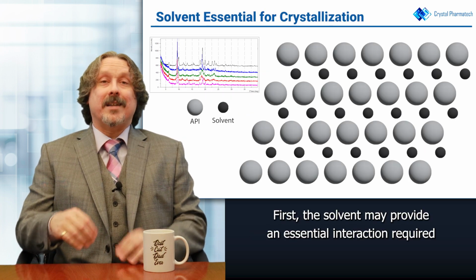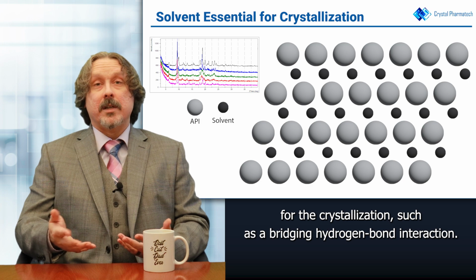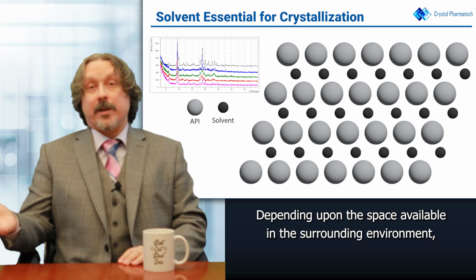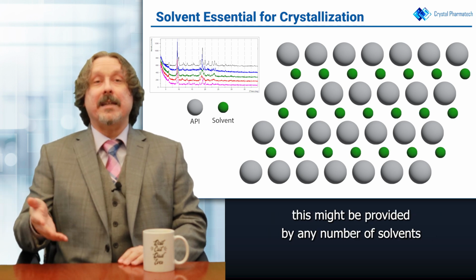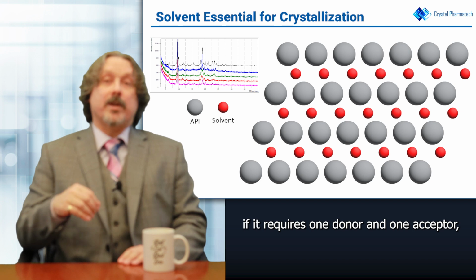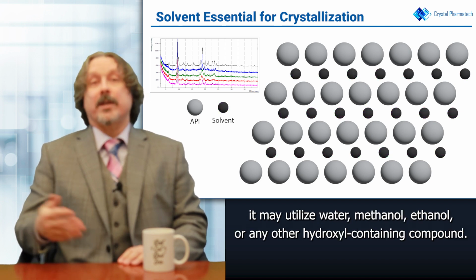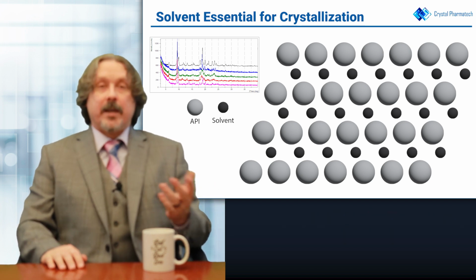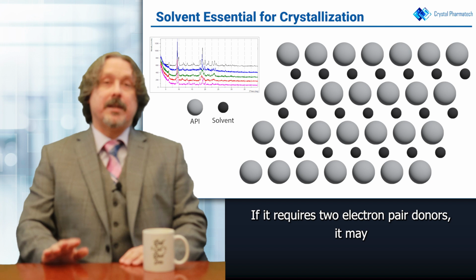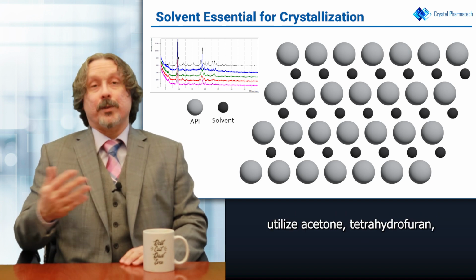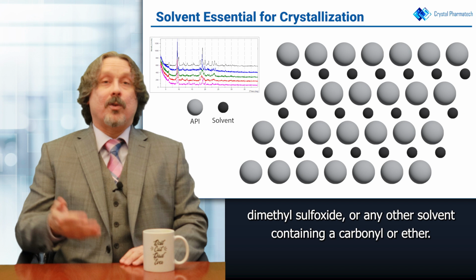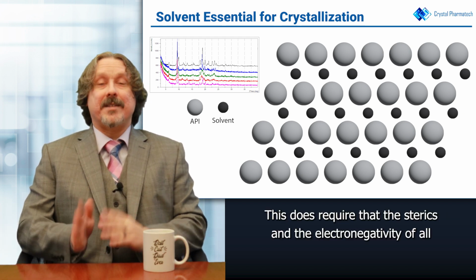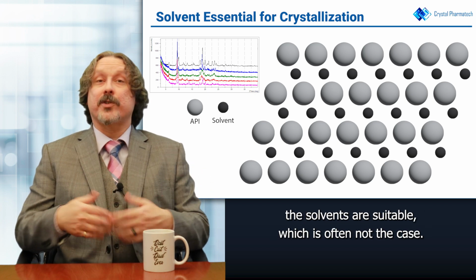First, the solvent may provide an essential interaction required for the crystallization, such as a bridging hydrogen bond interaction. Depending upon the space available in the surrounding environment, this might be provided by any number of solvents. If it requires one donor and one acceptor, it may utilize water, methanol, ethanol, or any other hydroxyl-containing compound. If it requires two electron-paired donors, it may utilize acetone, tetrahydrofuran, dimethyl sulfoxide, or any other solvent containing a carbonyl or an ether. This does require that the sterics and the electronegativity of all the solvents are suitable, which is